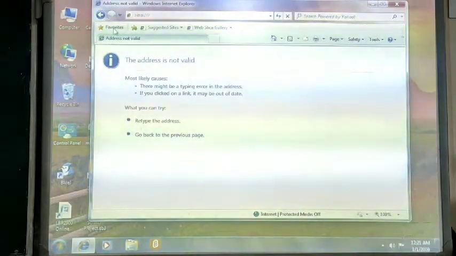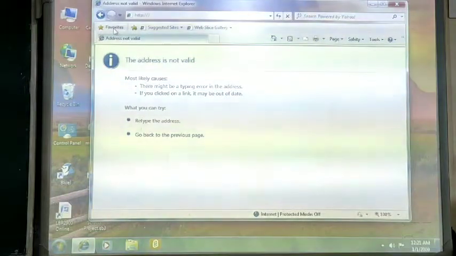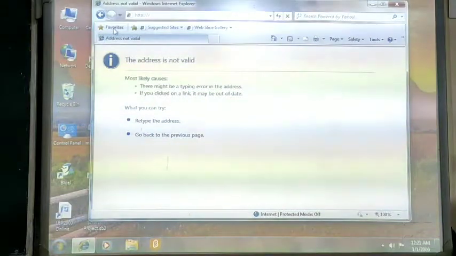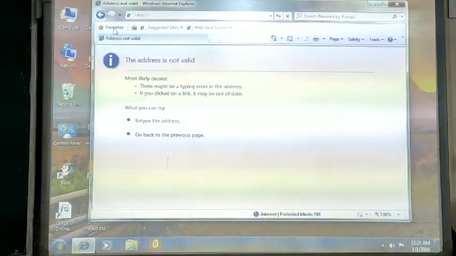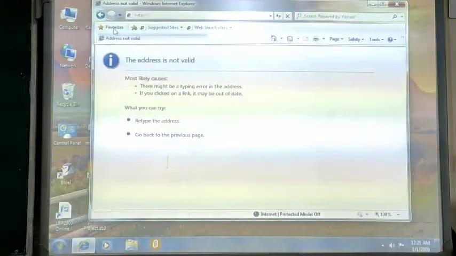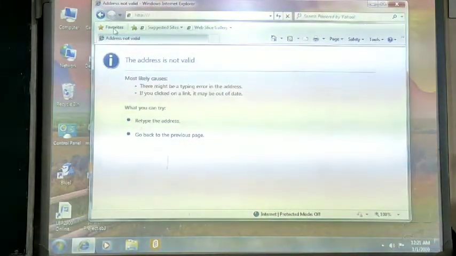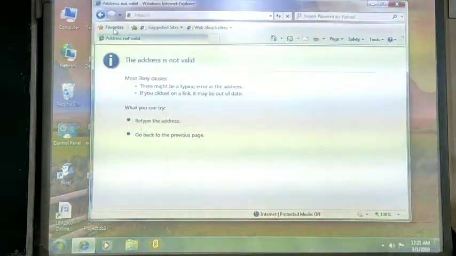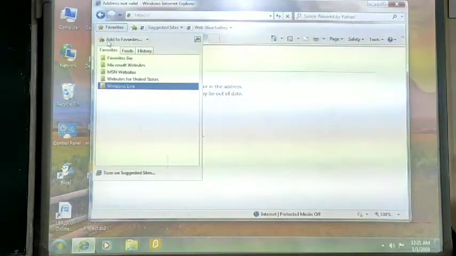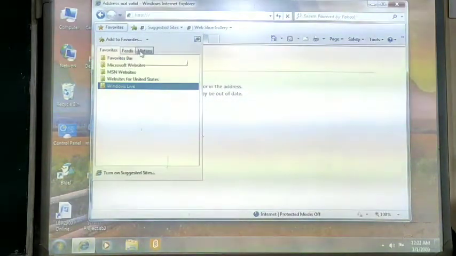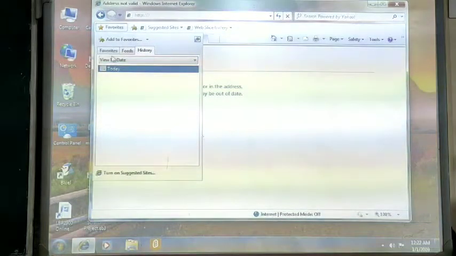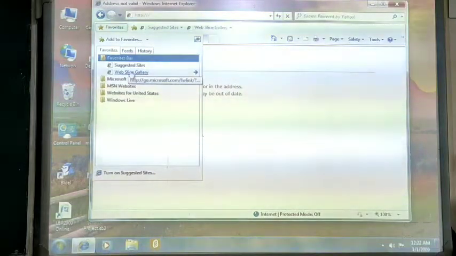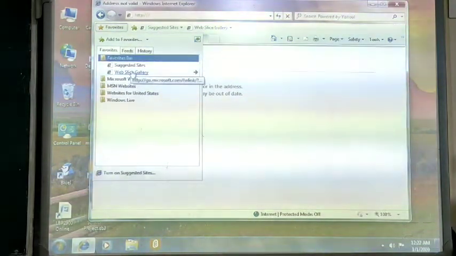Suppose if you want to open any web page again and again, then you can add that particular website as a favorite, and next time when you want to open it, you can directly click on here and it will show you the different websites which you have added as a favorite, and from this list you can directly open it.